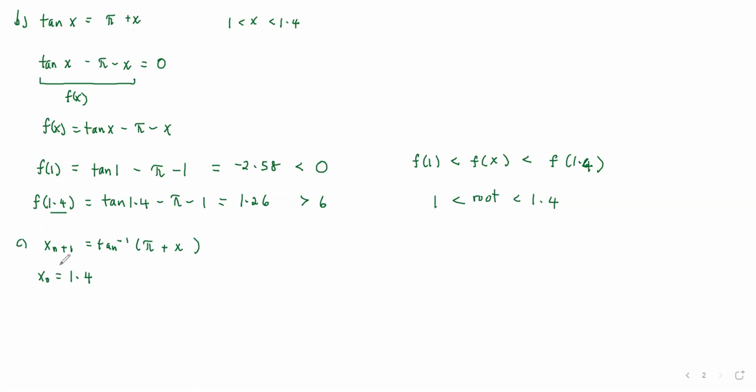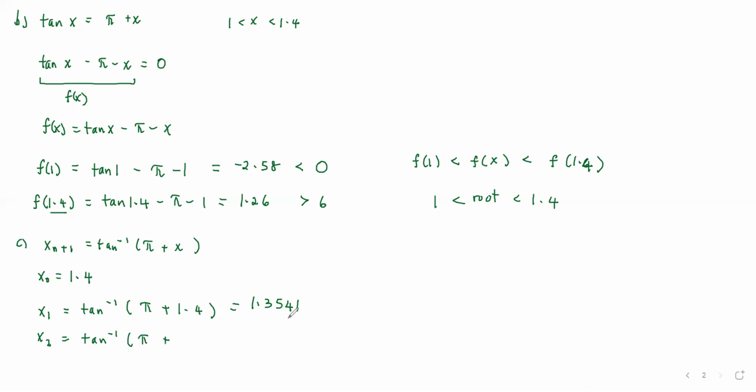Then replace x0 into the iterative formula. When n is 0, you see that x sub 1 is given by arctangent of pi plus 1.4, and that has a value of 1.3541. This must be reported to 4 decimal places. Then x sub 1 is 1.3541. Then we iterate again, and we have arctangent of pi plus